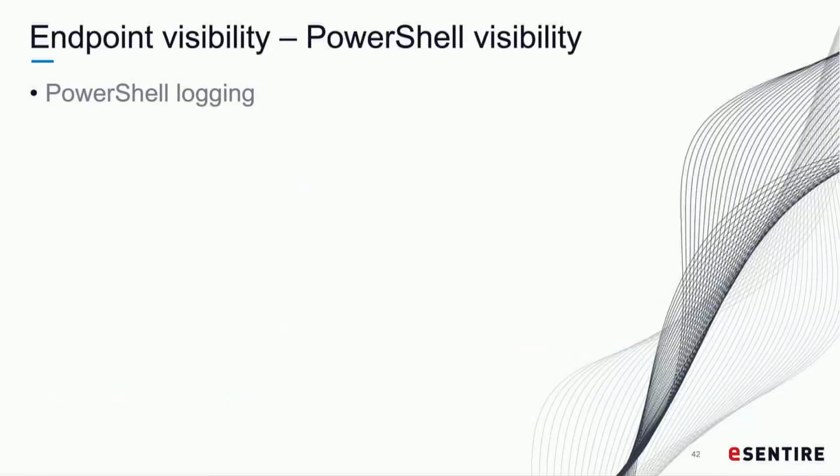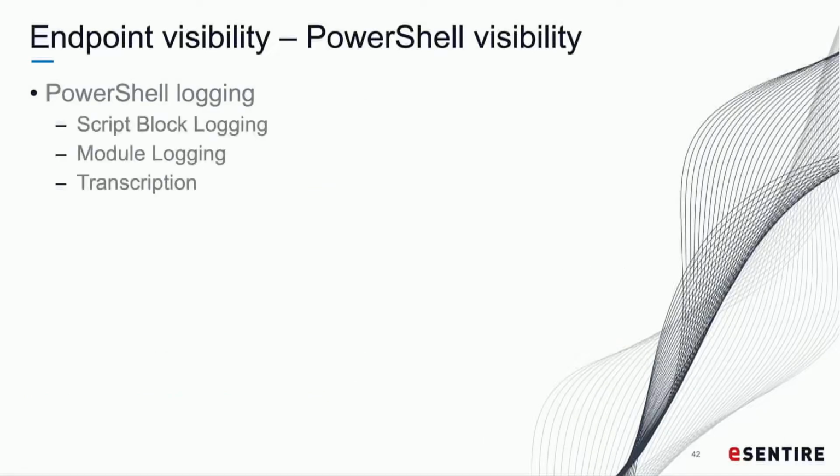So what can we do about getting visibility into PowerShell? There's a bunch of different configurations that can be enabled on the back end: script block logging, module logging, and transcription. In my personal opinion, script block logging is the most useful out of all of them because it gives you the decoded PowerShell after it's run through the interpreter. Even if you get a blob of encoded, encrypted PowerShell, after it executes, it has to decrypt all that to know how to run it.